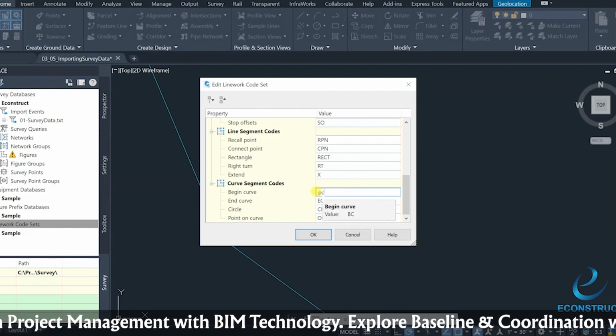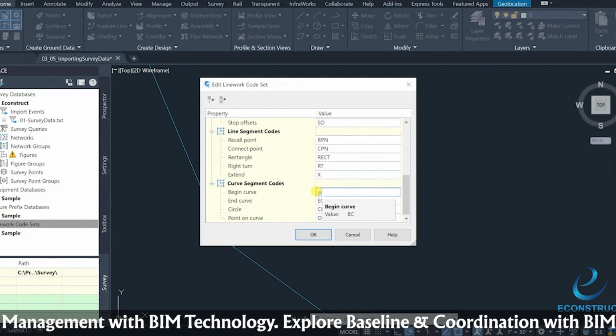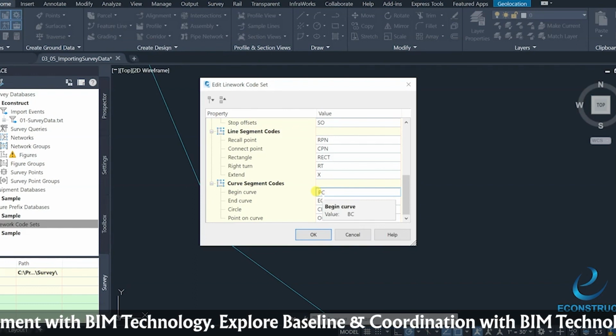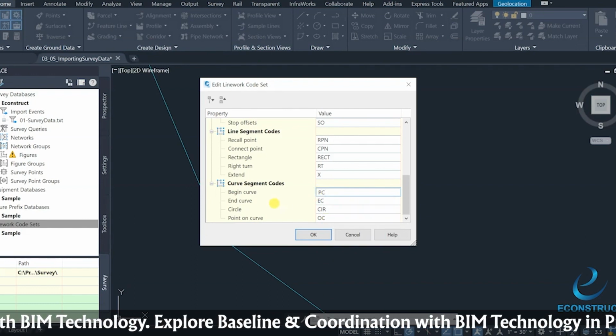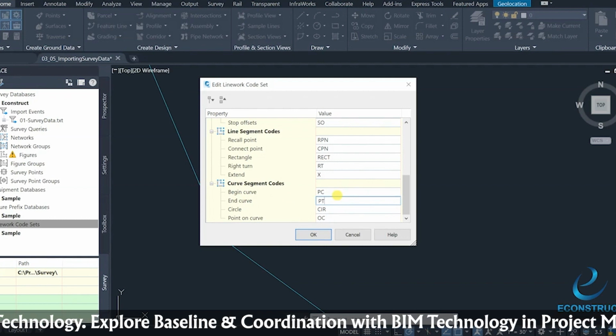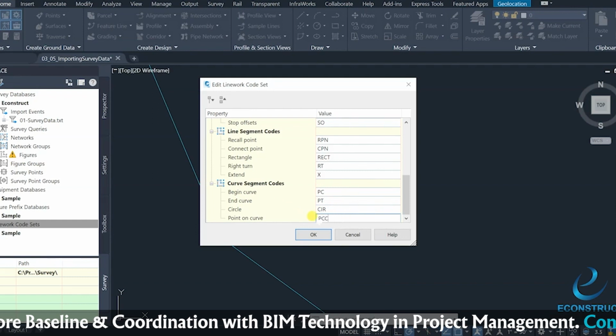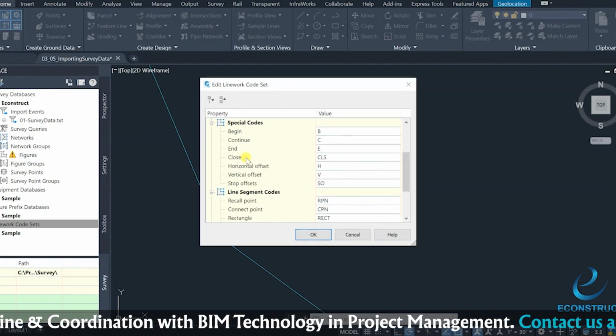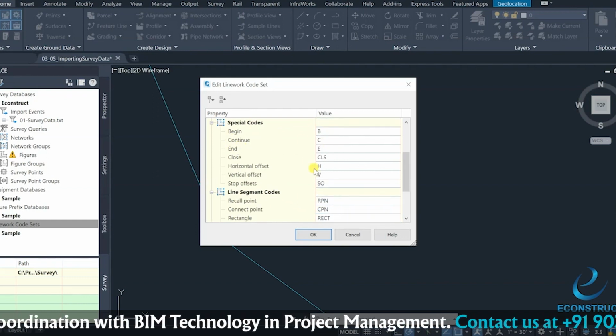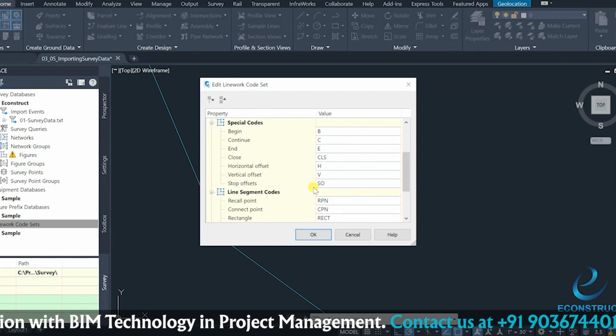End curve, I'm going to give it as PT. Point on curve, I'm going to give PCC. Circle, I'm going to keep it as it is. Begin is B, continuous C, CLS, close. For horizontal offset, let's say I'm going to define HO. Vertical offset, BO for example,